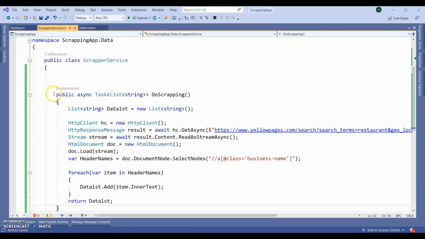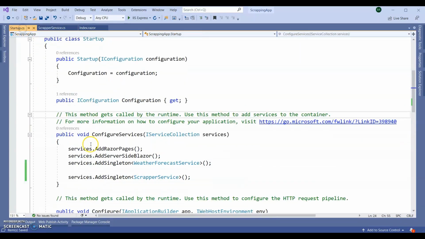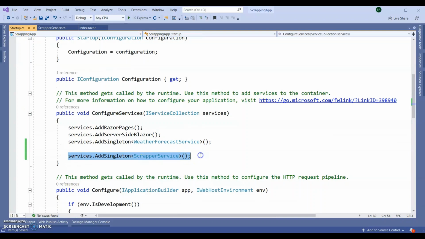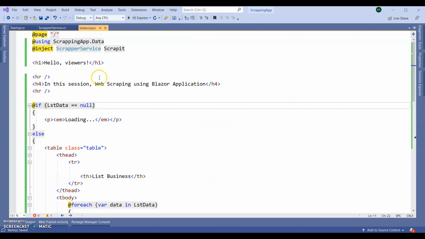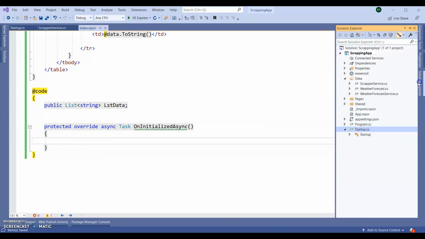So our service part is completely done. We already registered the service in our startup class. We already injected this service. Let's go to the OnInitialized event and, just like our fetch data page, we are going to call it.